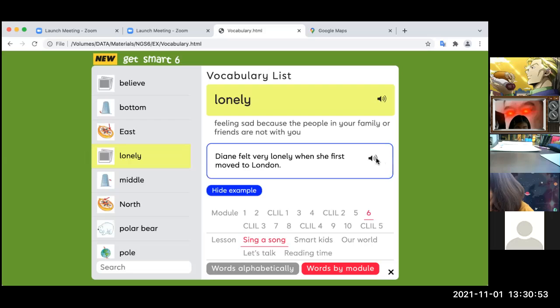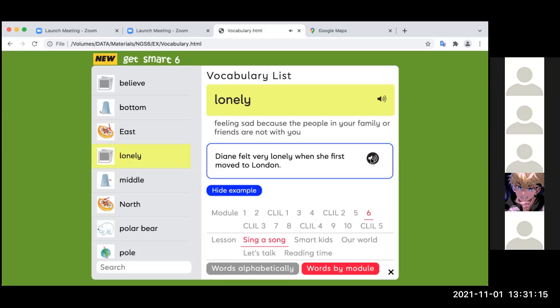For example, Diane felt very lonely when she first moved to London, because she was not with her mom, brother, sister, father and friends.